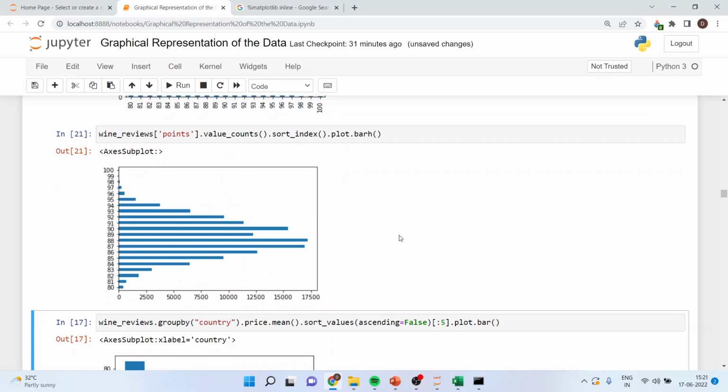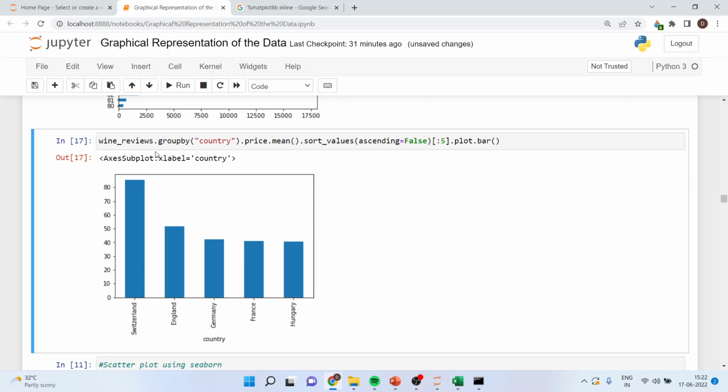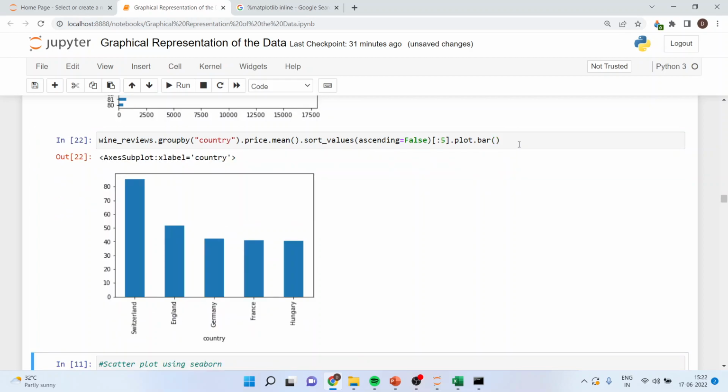I can also do a groupby command here. So I'll run wine_reviews.groupby according to the country, price.mean. Take the mean price from wines within various countries. sort_values, ascending=False. So we will see what happens if it is True and when it is False. Square bracket, colon 5, .plot.bar. So let me run this command and you can see